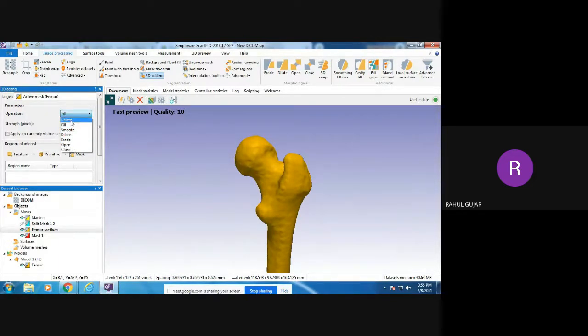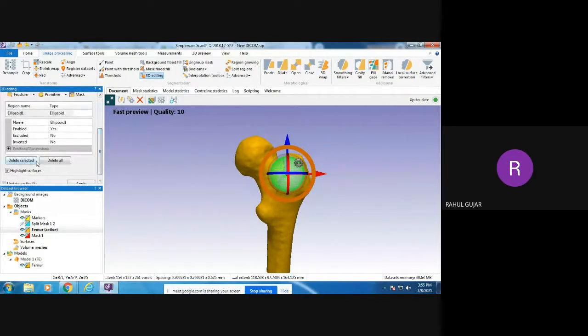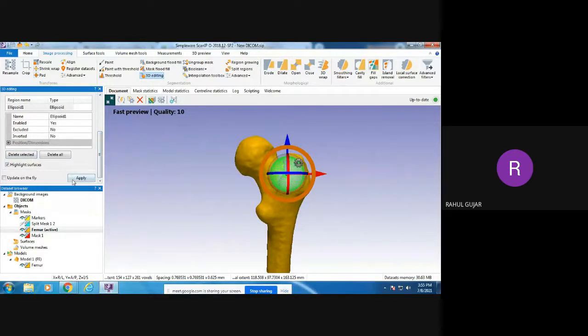For example, if you want to delete some portion, click on the delete option, select here the first term, or you can select the primitive. So I can select the primitive ellipsoid, and if I click it here, automatically that much portion is eliminated if it is not required. Apply.